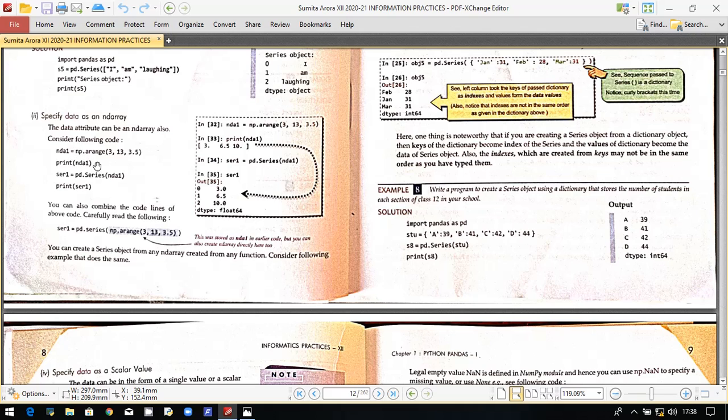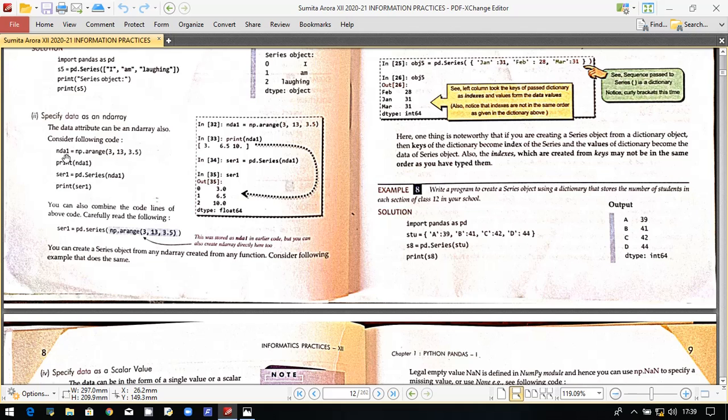So for this, it is important that you import numpy as well. The statements start with import numpy as np, and then import pandas as pd. Again, np and pd are the preferable choices, but you can use other alias names as well.